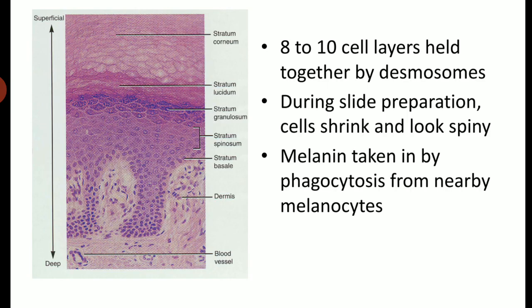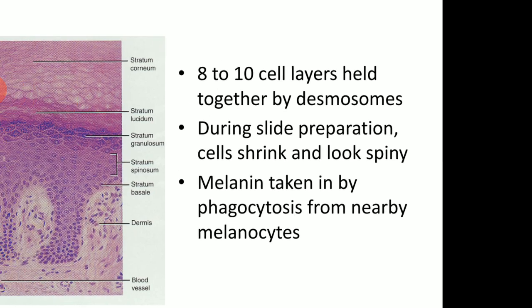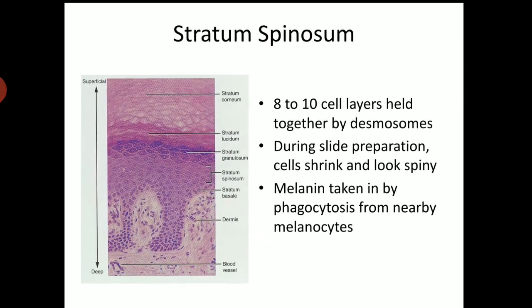The keratinocytes in the stratum spinosum synthesize keratin and release a water-repelling glycolipid that helps to prevent water loss from the body, which makes the skin relatively waterproof. Okay. Now the next layer which we are going to see is